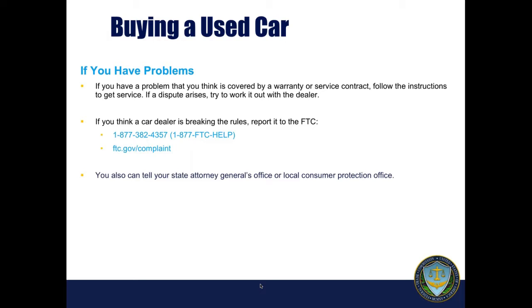Many problems can be resolved at this level. However, if you believe you're entitled to service, but the dealer disagrees, you do have some options. If your warranty is backed by a car manufacturer, contact the local representative of the manufacturer. The local, or what they call zone representative, is authorized to decide issues of warranty, service, and repairs to satisfy